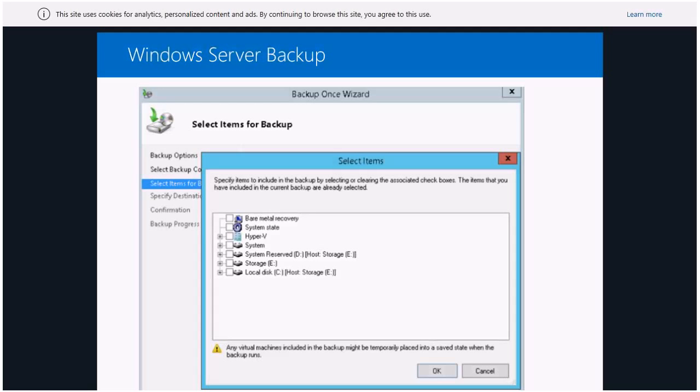Okay, system state in this case means the whole configuration. If it's a domain controller, it comes with all the Active Directory and sites, and it's pretty much the Windows folder and all the configuration. And the first option, the bare metal recovery, is a full image. Eventually, if your server gets corrupted, you can easily restore the whole backup, the whole image, from there. And it's a free solution, okay.